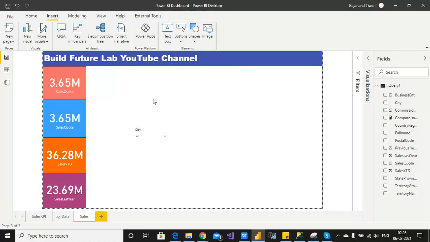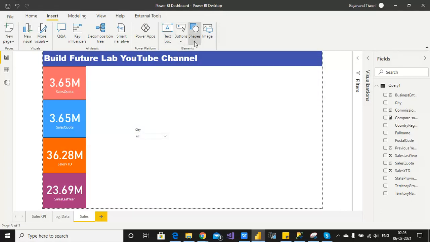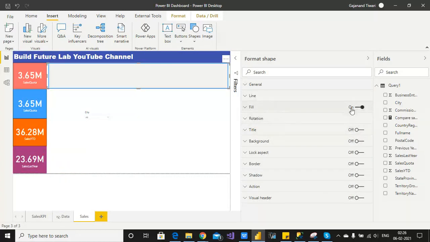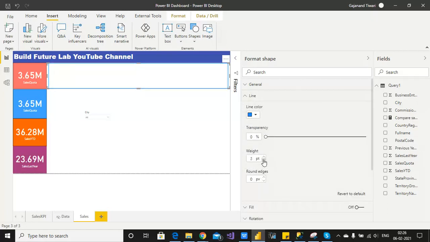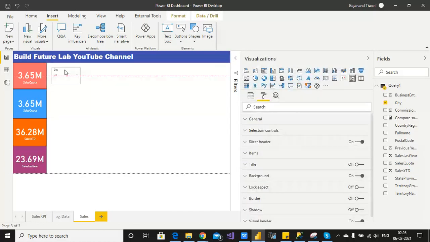After that, I wanted to add a text box here. Sorry, a text box is not the best. I wanted to add a shape here. So for this, add a rectangle and format it. For formatting, come here, close the fill and adjust the line a little bit. Instead of that, you can select 0 and then paste here.